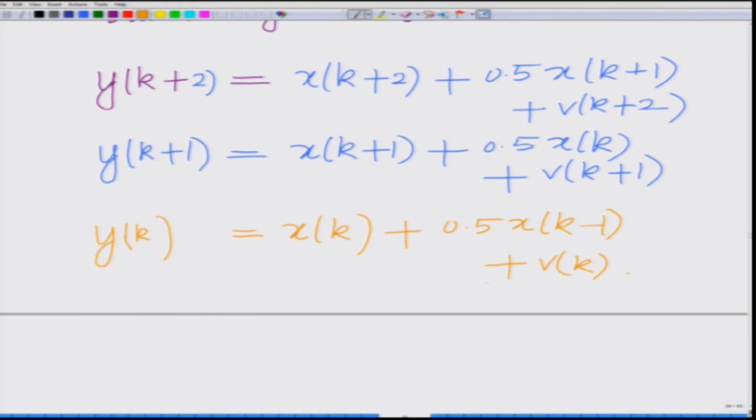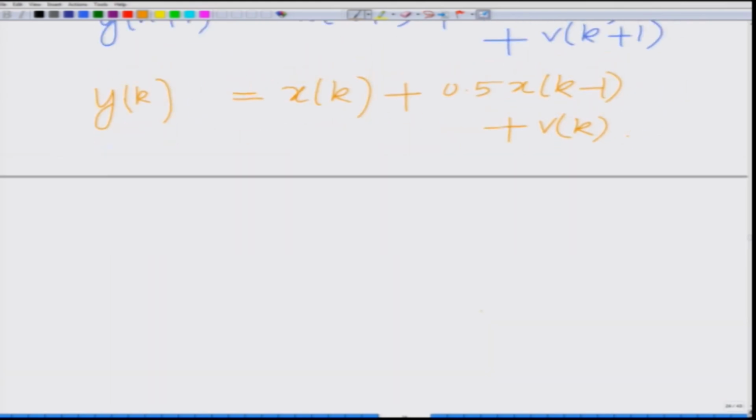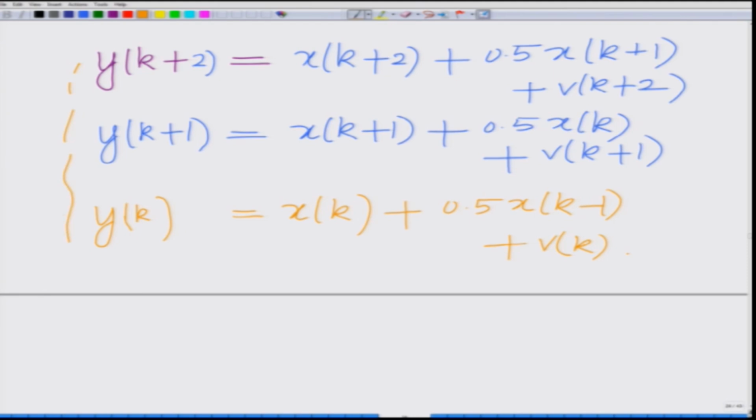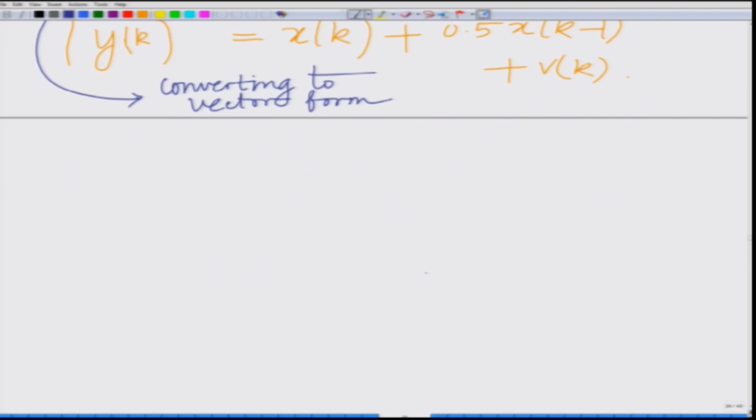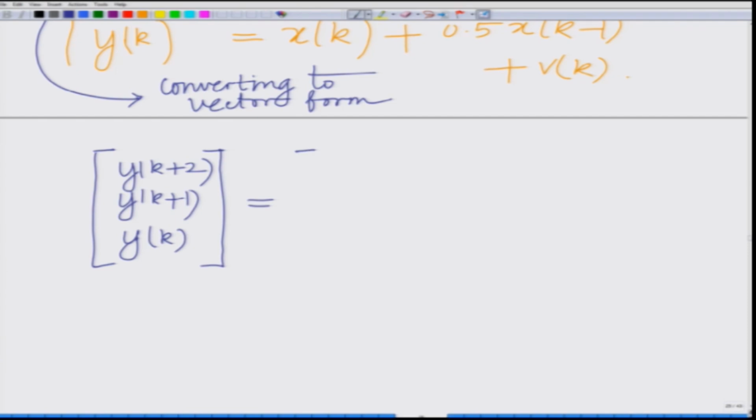Now, putting these three things in a matrix form, stacking this, or converting to vector form, we have the output vector y bar of k. What is the output vector y bar of k? Which is yk+2, yk+1, yk, which is equal to